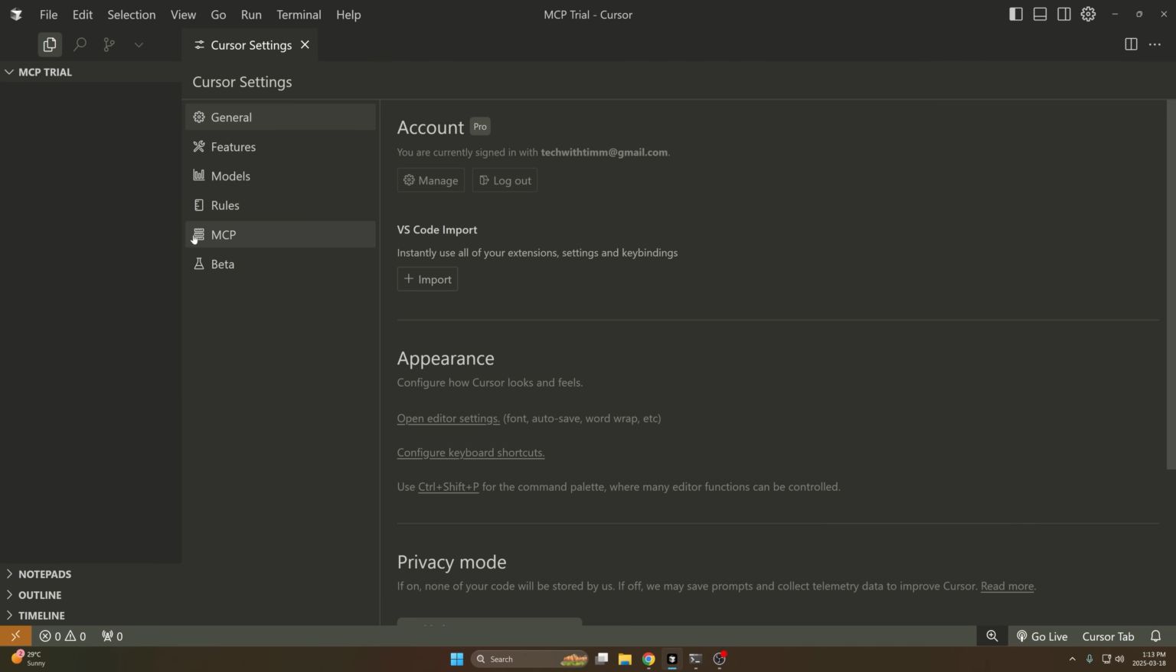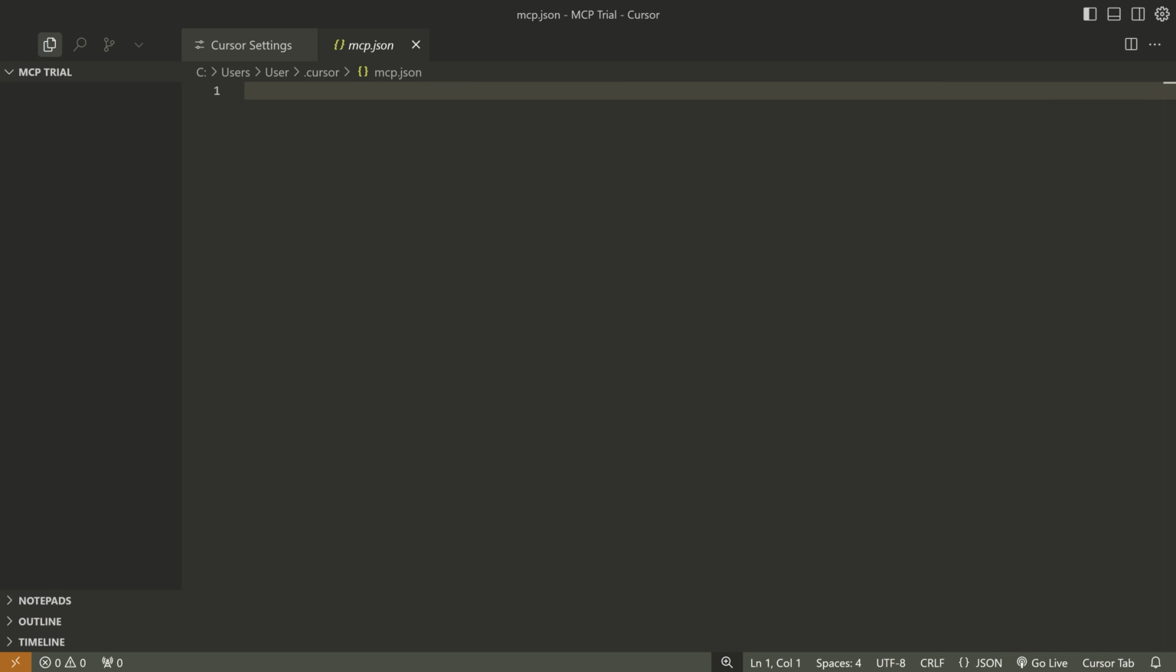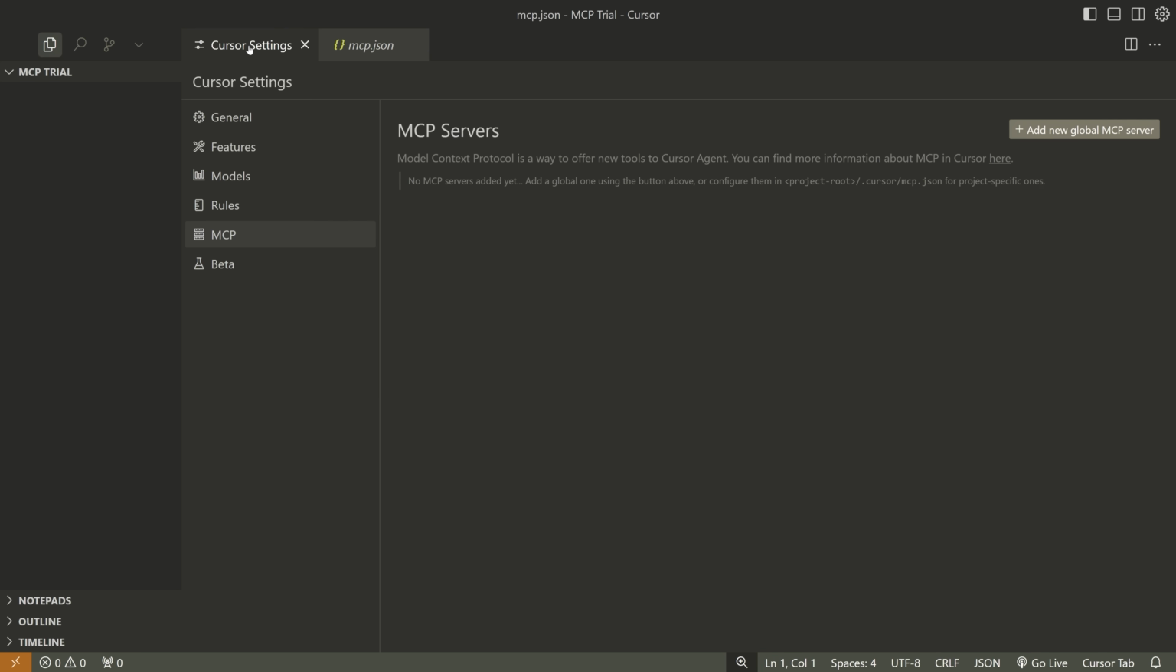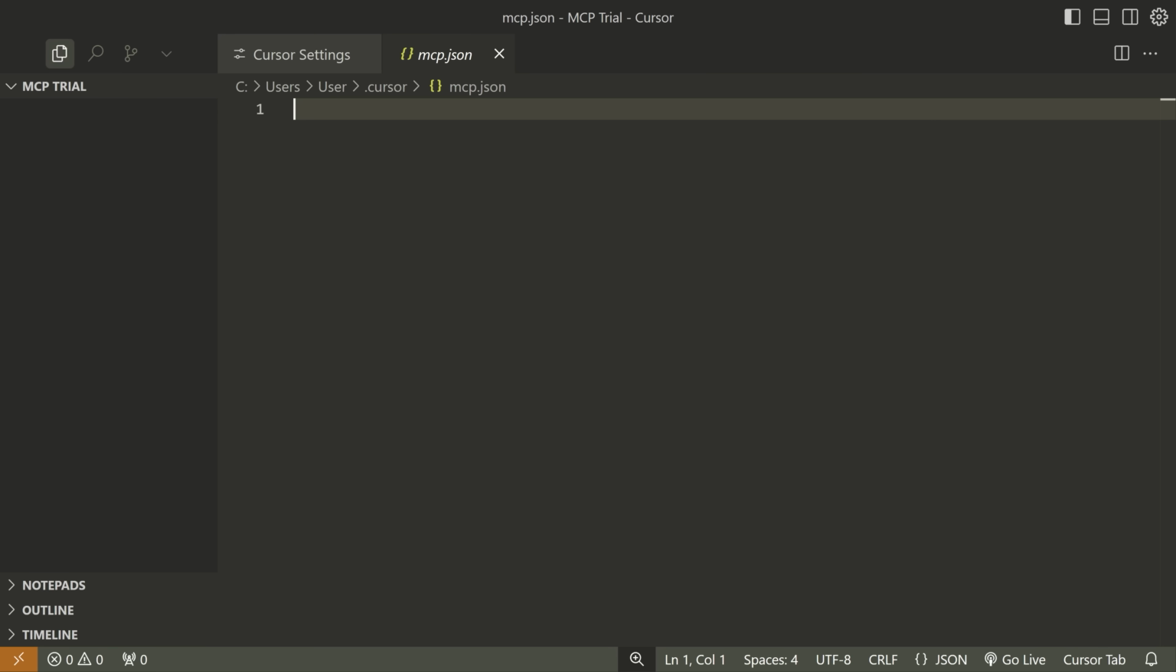So open up Cursor Settings, go to MCP. Depending on your version of Cursor, this might look a little bit different. And then you're gonna press this button that says Add New Global MCP Server. Now, when I press this, it's gonna open up this mcp.json file. However, if you don't already have this file created, it's gonna ask you to create it. So just create this JSON file and then you'll be good to go. Now from this JSON file, this is where we can add our MCP servers and we can just put them in a list. It's very simple,